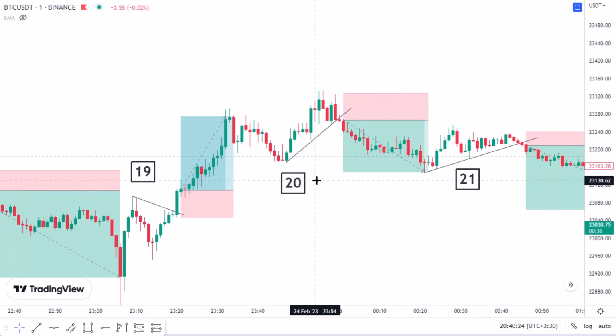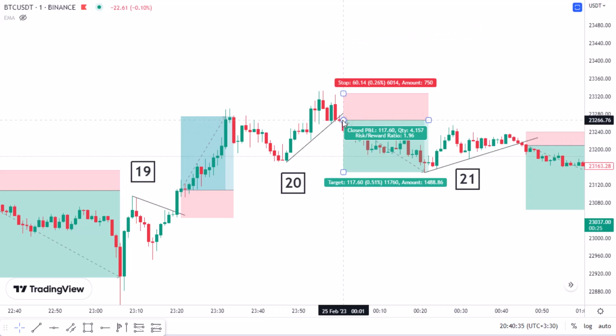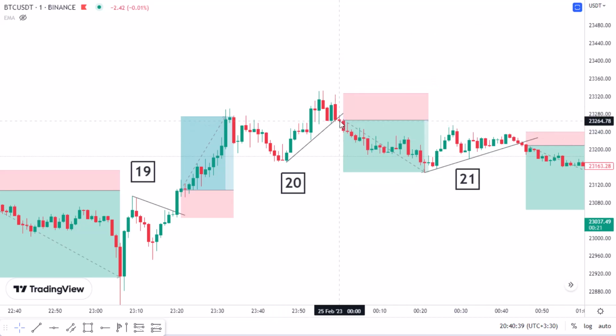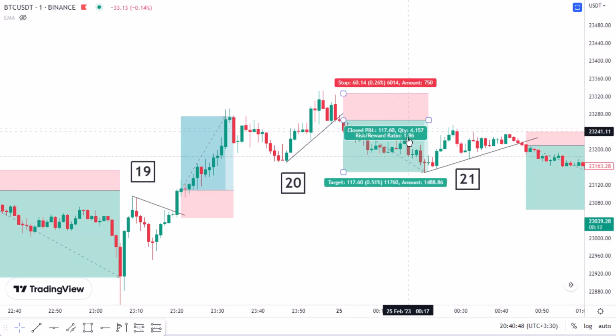On trade 20, we have this trend line here. Actually it was like this. When we see this shadow, we extend it like this, and when we see this small candle breaks it, we enter the sell position. We don't care what the candle is, we just see the candle's body close out of that trend line. We enter the sell position, put our stop loss somewhere safe, look for RR2, which gives us a bit less than RR2. It's actually giving us